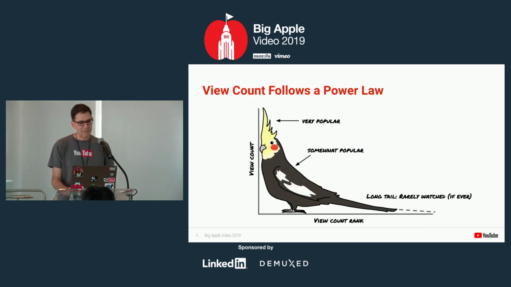So now let's talk a little bit about the YouTube corpus. The view counts of videos in YouTube follow a Zipfian distribution or power law, and this graph is a rough illustration of that distribution. Extremely popular videos, including those that are watched millions or billions of times, make up a small percentage of the corpus up there at the head, but account for around 90% of the views. In the middle, there's a good chunk of moderately popular videos. And then there's a long tail of videos with very low view counts.